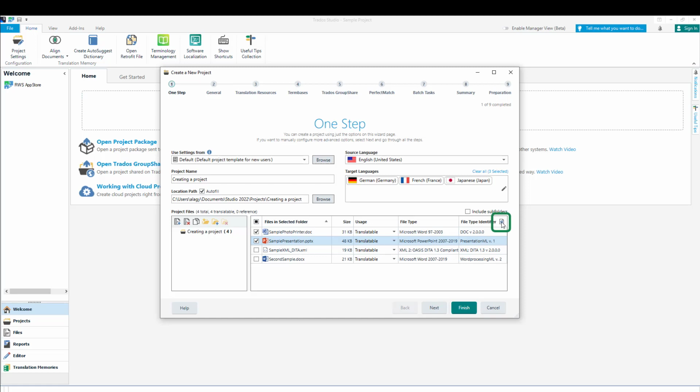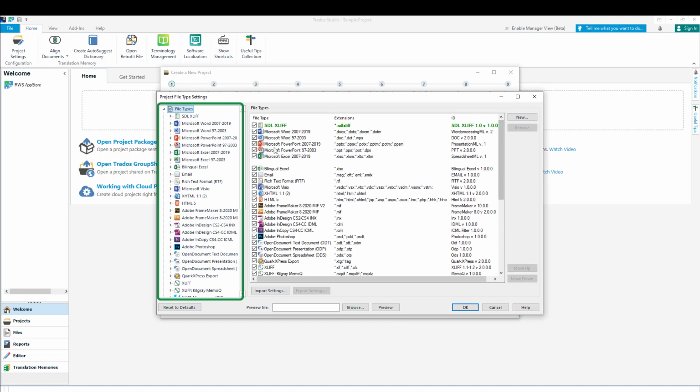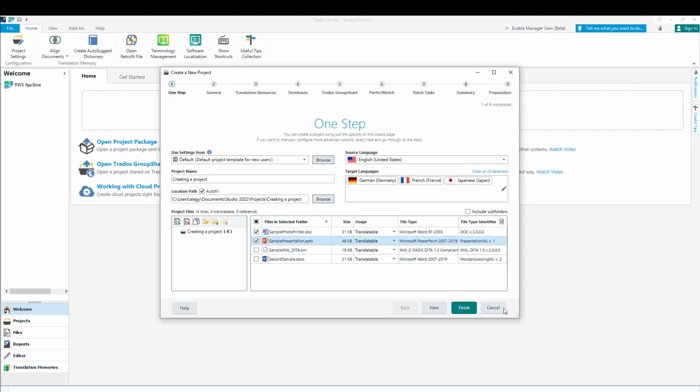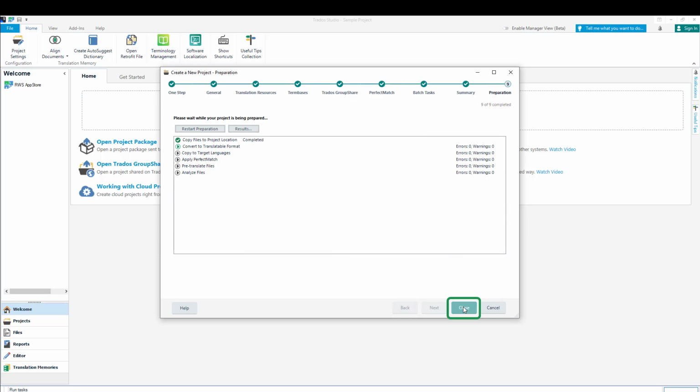Here you can optimize the settings for each of the file types. From the one-step page I can create a project at this point by pressing Finish.